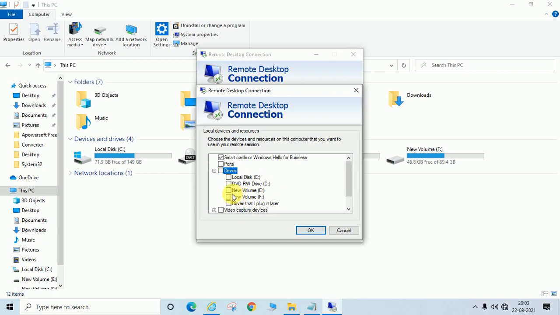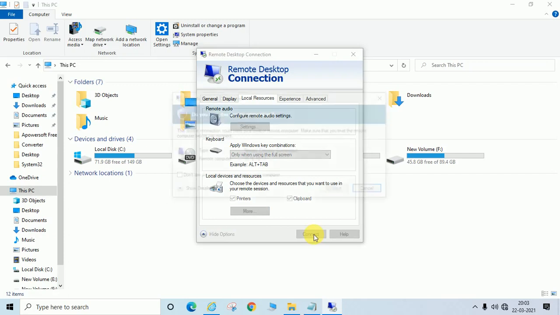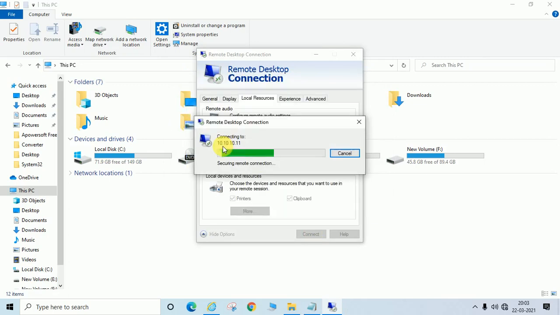Otherwise, if you want to map any specific drive, like E drive in my case, I am going to map this, and I have selected this, and just click OK, Connect, again click Connect, and you need to enter the password here in the same way.